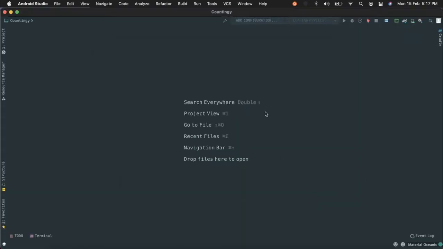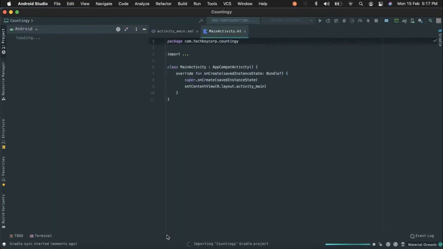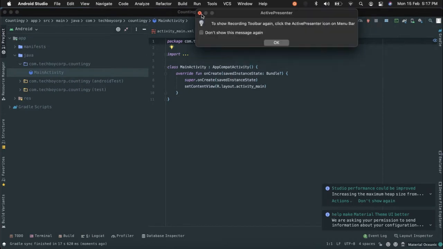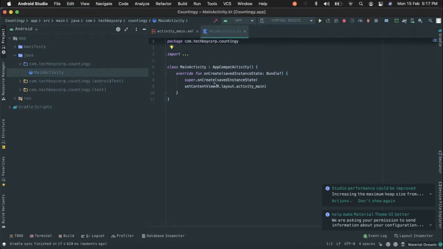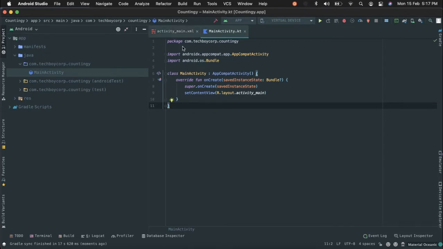Okay, after finishing, this would be something like the interface. Project and all of that. Wait a second. After some time, all these builds would run. Now you have the main activity.xml, and I'm going to be pausing the video until everything is happening. Okay guys, so everything is loaded successfully. Now we're going to be understanding this code that is written in the upcoming videos, but now let's get started. So first of all, let's design our UI.